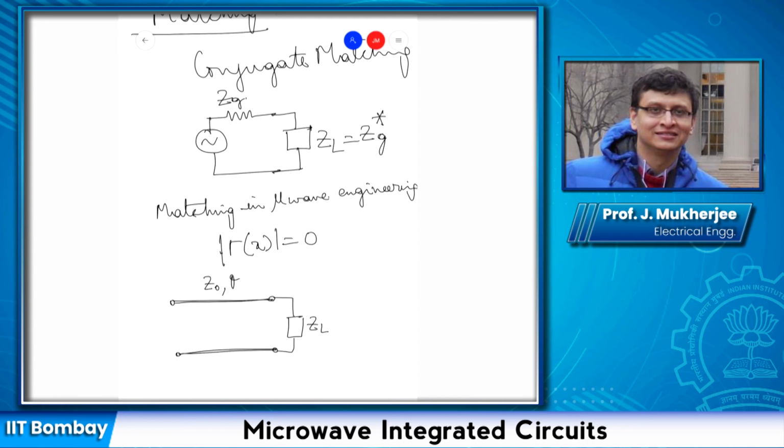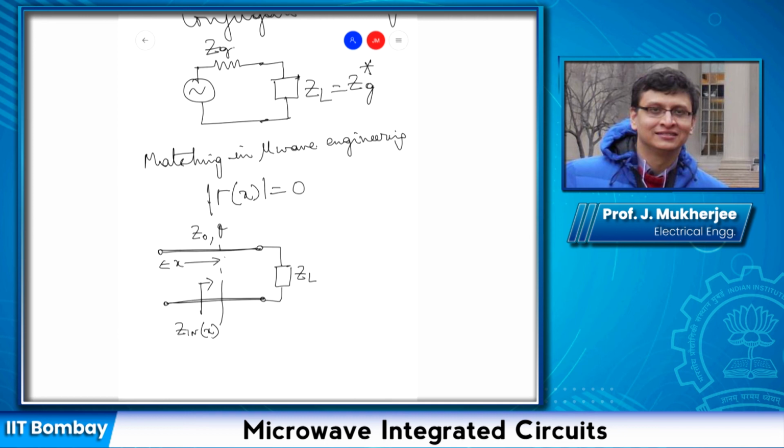The value of input impedance Zin at a particular distance x from the source, and suppose at this point the amplitude of the wave traveling in the positive x is V plus of x, and the amplitude of the wave in the negative x is V minus of x, then Zin of x